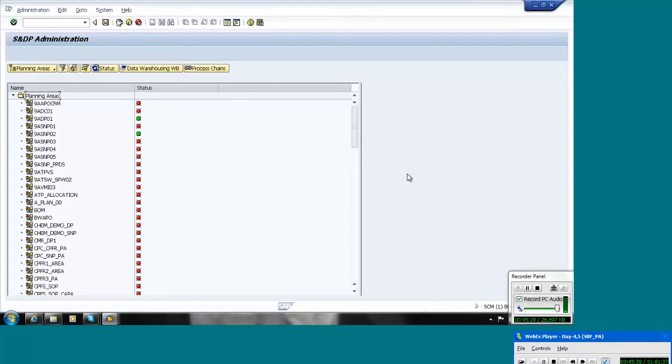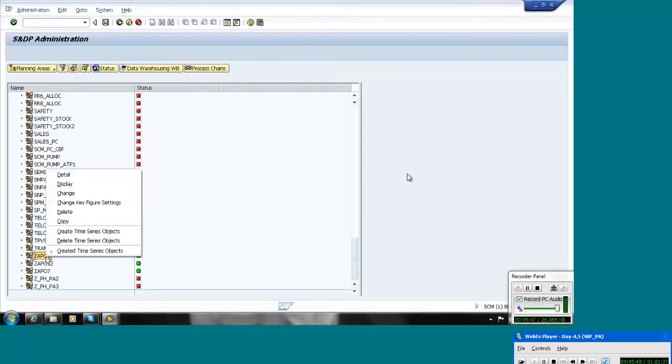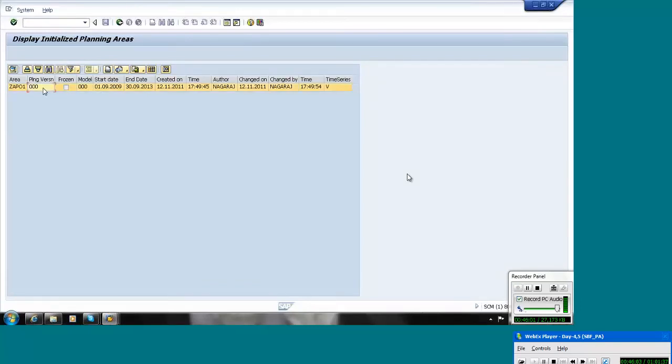Okay, thank you. And here another important question is, in real time, how will we handle the time series and what is the importance of this time series. If you deactivate this time series, automatically your total planning data will be gone. So for example, if you use the delete time series, total planning area data will be gone. So this is sensitive, so we should never delete the time series. Okay. And here you can see the created time series. You can see here the planning version, model, and from here to here we have created this time series. So now I have created a start date and end date, this one.